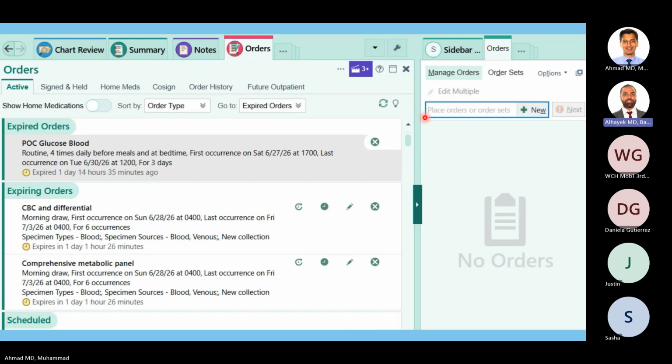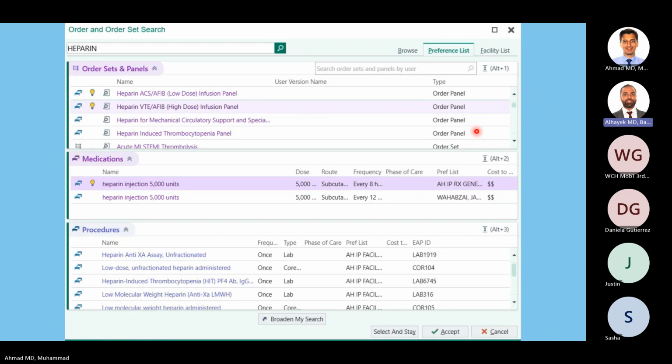All right. So here, this is your box where you put in your orders. I typed into the order here, heparin, okay? So I want to place this person on a heparin drip, all right? We talked about unfractionated heparin and when it's used. So I type in heparin, and what you see here at the very top